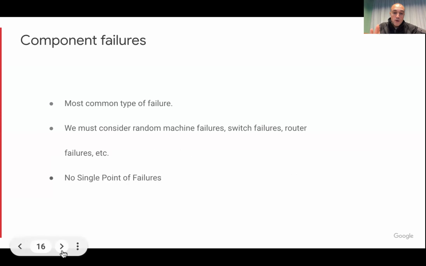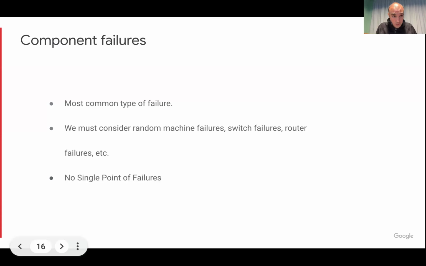Component failure, by which I mean machines or disks breaking, is the most common. These days I think everyone is building with commodity hardware, so you don't build with Cray supercomputers and these things. You just go to, I don't know, whatever brand, Dell or Mikrotik or whatever it is, and say, give me some servers, and they are going to have a Xeon processor, off-the-shelf RAM, and some disks, right? That's how you build. So the thing is that there are many components, because it's not only the machine.